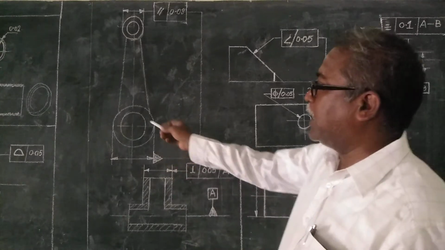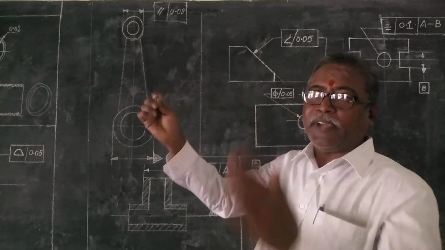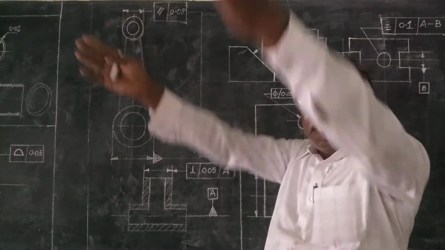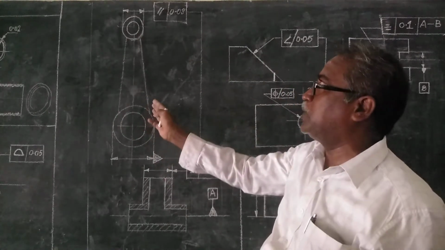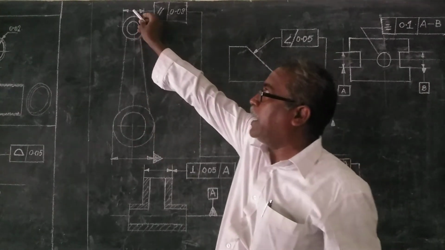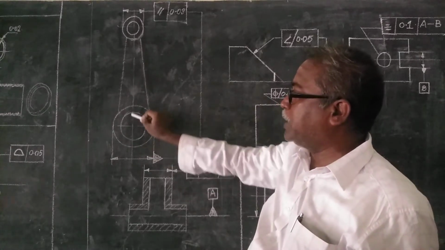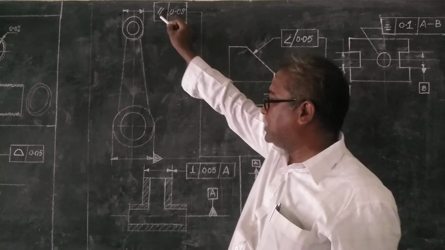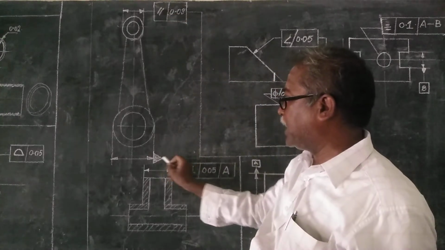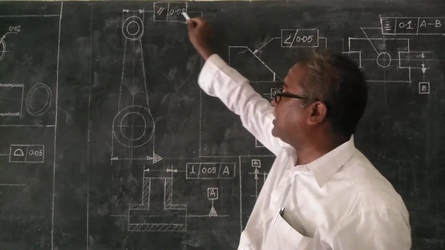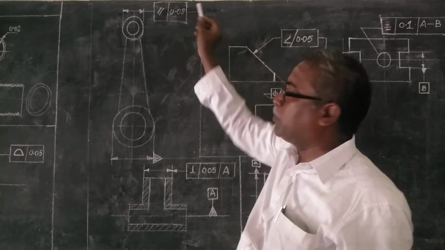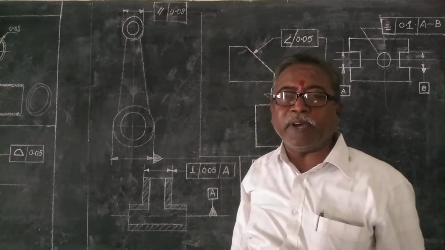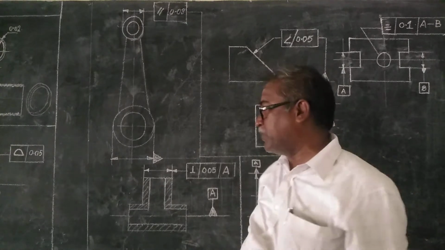Then the link arm is given. So whenever we wanted to get the movement like this, the arms are used. This arm symbol is given. Here diameter, here also diameter. The holes also will be applicable for this. Here parallel is given. The datum surface is taking from here, datum as a reference surface, and this is 0.08 is given. This also parallelity surface.